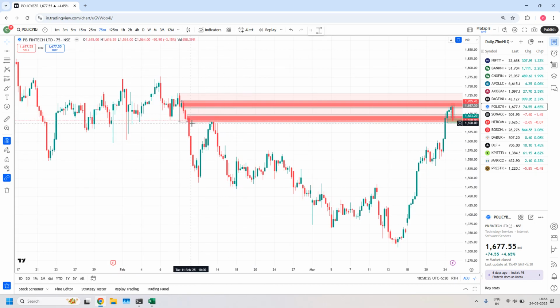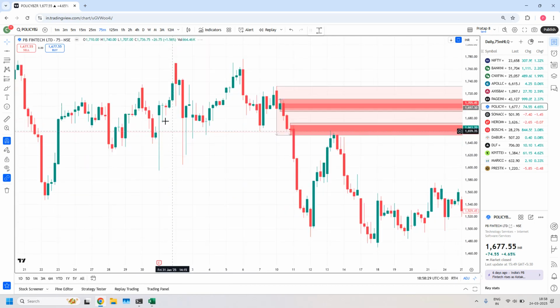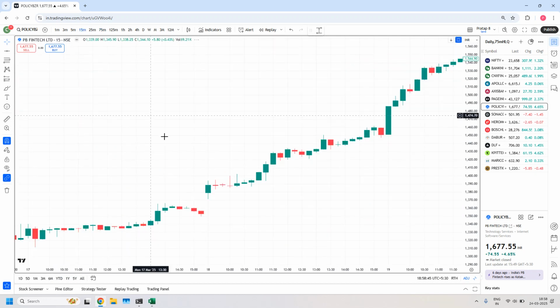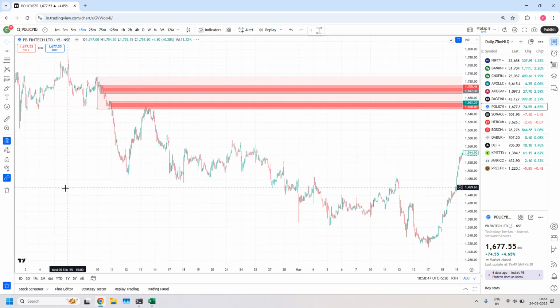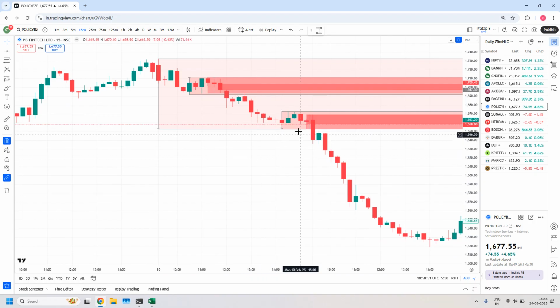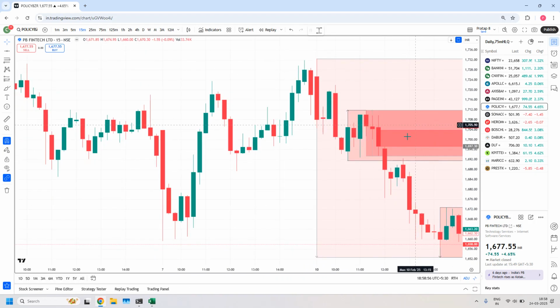I think Policy Bazaar we discussed earlier, maybe I might have explained it earlier, but I'm not sure. But anyway, let me quickly go through it. See, here we have a drop, base, drop, with follow through candles. Similarly, here also drop, base, drop and follow through candle. We have 2 75 minute zones here. And within the 75 minutes, fine-tuned with the 15 minutes time frame. Look into the 15 minutes zones. Here you have drop, base, drop. And what about here? Here you have